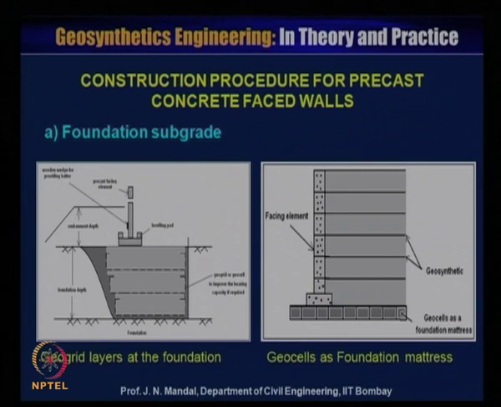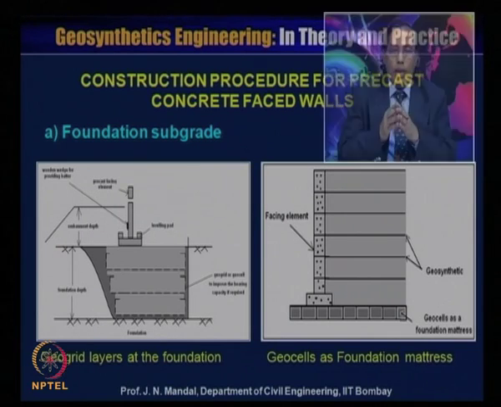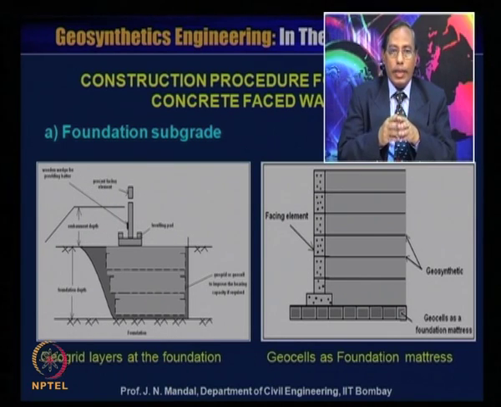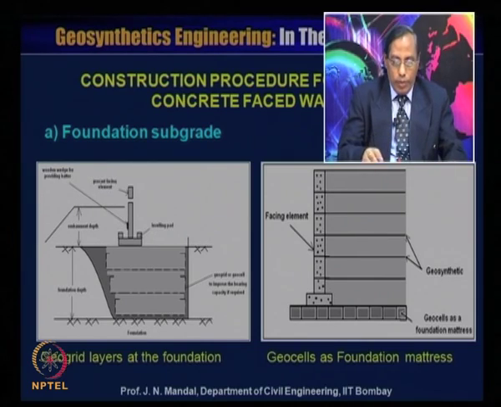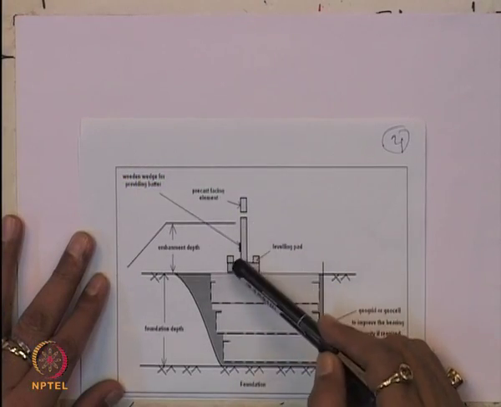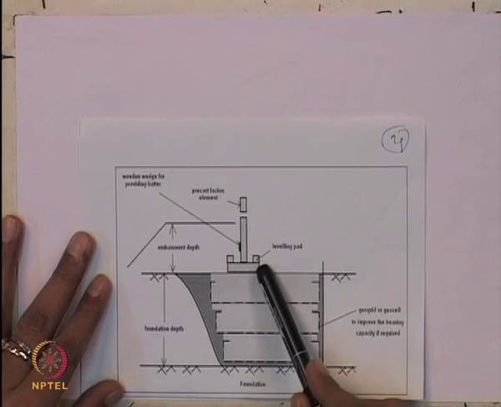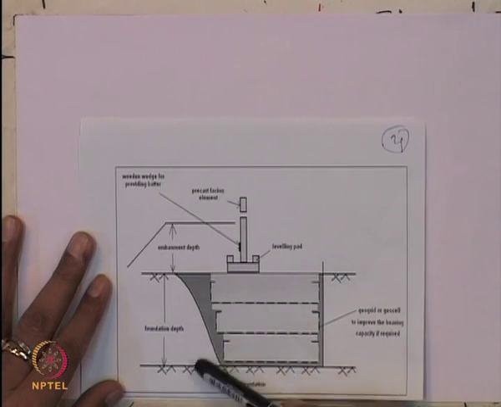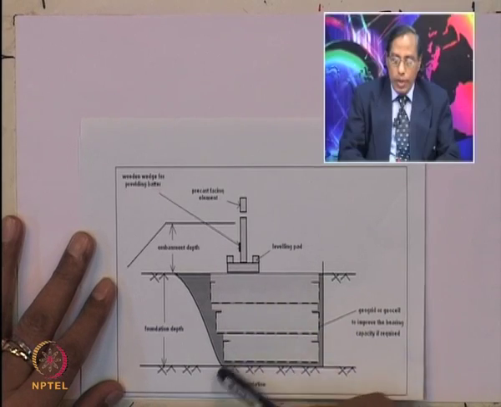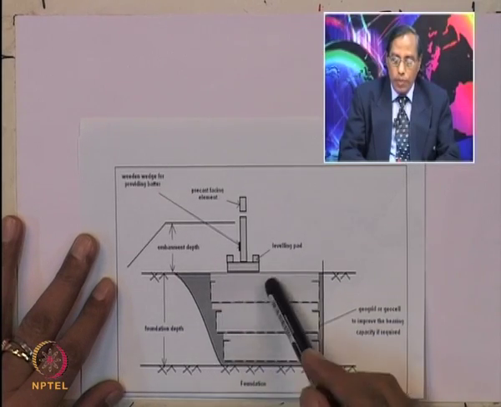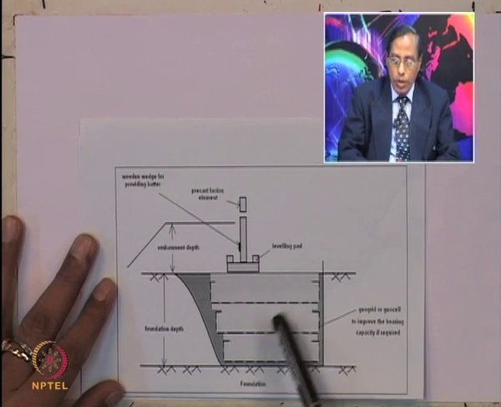Construction procedure for precast concrete face wall. Here geogrid is layered at the foundation soil. Here I am just showing this is the wall, and this is the leveling pad, and this is the foundation depth. This is foundation. So, if you want to improve this foundation, you have to provide a geogrid or the geocell material to improve